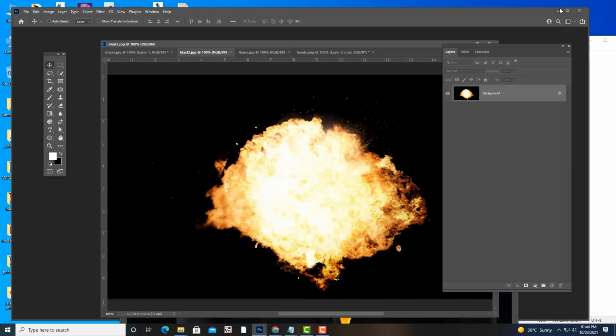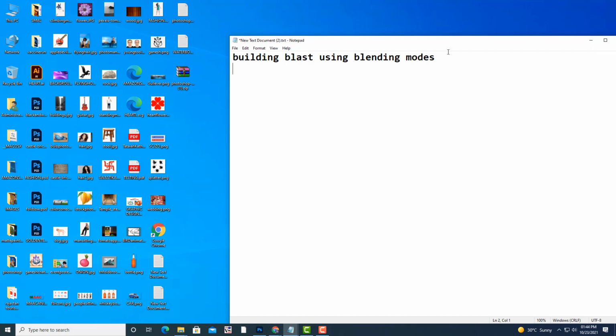Second thing is, use the same approach to show head injuries with blending modes. I showed you that blood spill on bricks, like paint on the bricks. So you can use the same thing to show this.